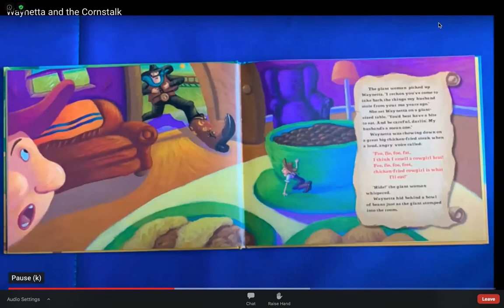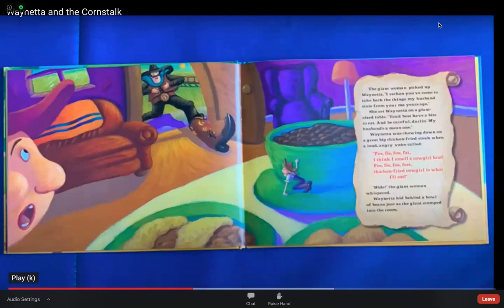The giant woman picked up Whenetta. "I reckon you've come to take back the things my husband stole from your ma years ago." She set Whenetta on the giant table. "You best have a bite to eat, and be careful, darling. My husband's a mean un." Whenetta was chowing down on a great big